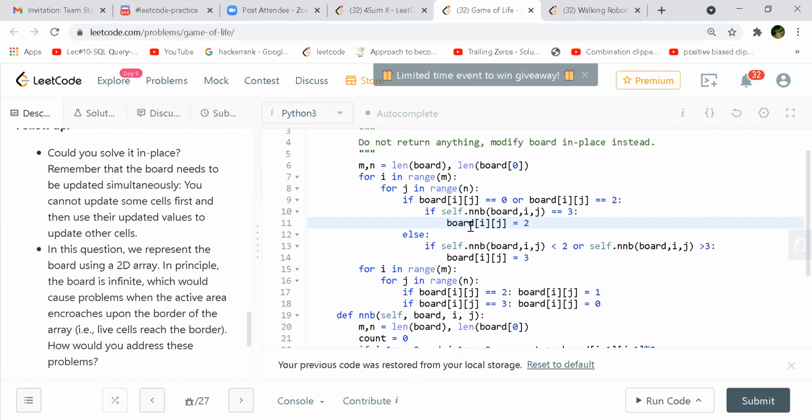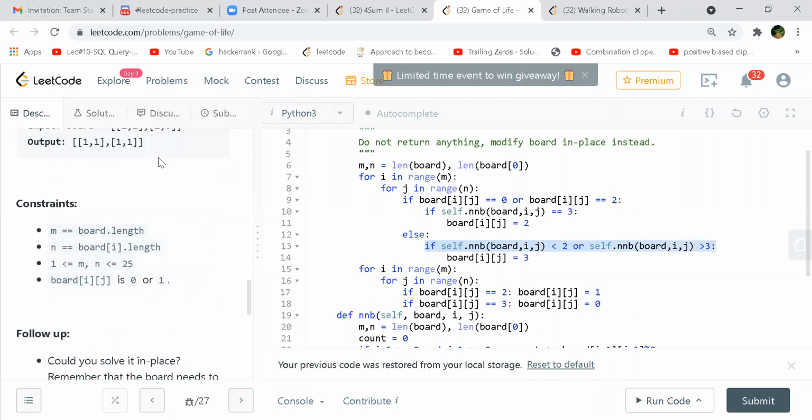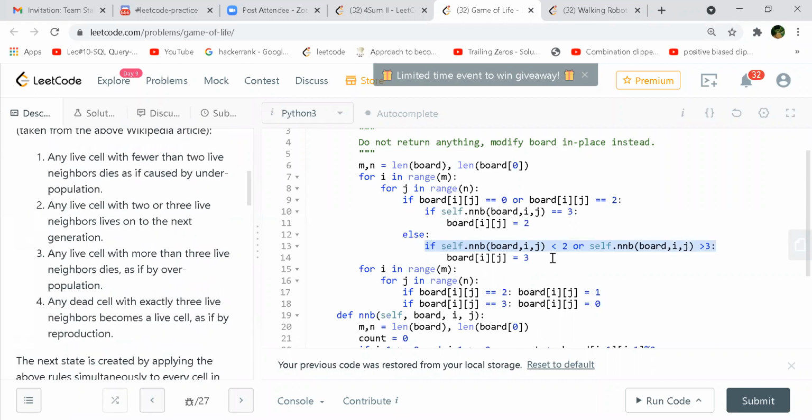And this is the other condition, like if you pass in the board, if it is less than 2 or greater than 3, then do these two, right? Yeah, the top two, the rule. I place 3 over there. So if you want to kill a cell, it has to be lesser than 2 or greater than 3. Greater than 3, yeah.